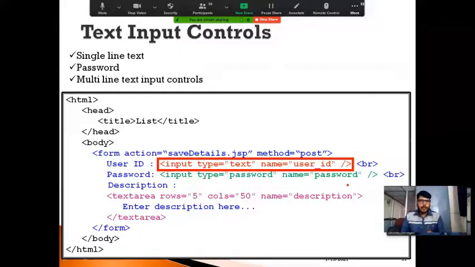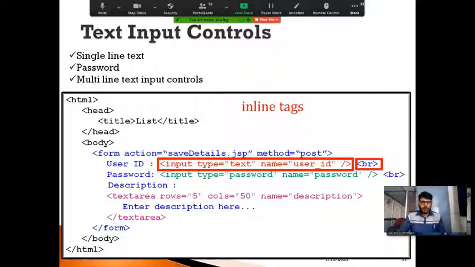Such tags are called inline tags, because the tag opens and closes in the same place. Similarly, the BR tag is also called an inline tag, because there is no separate closing tag for it. We simply open and close it there itself.